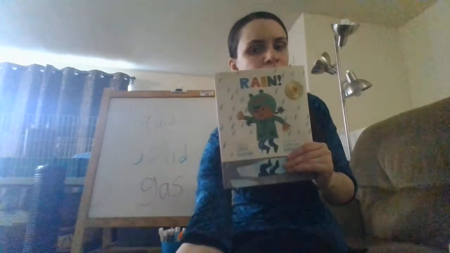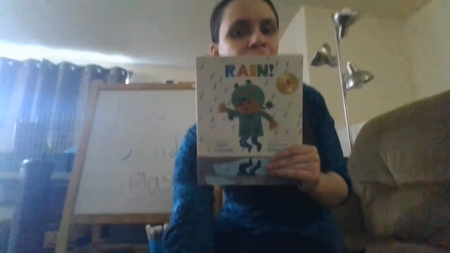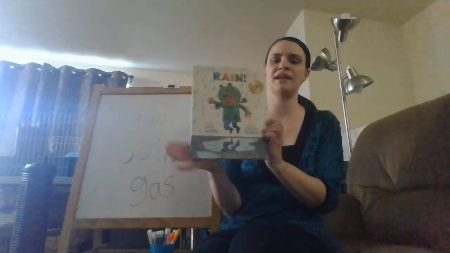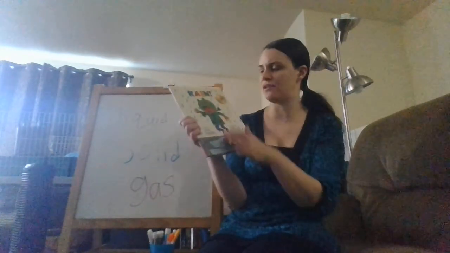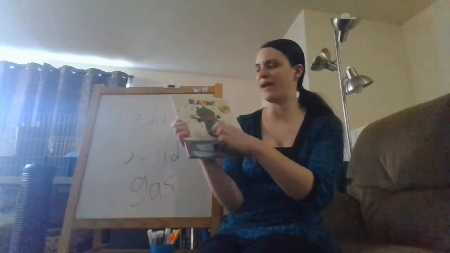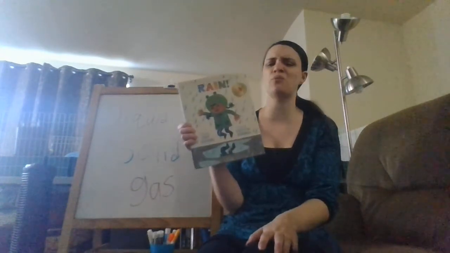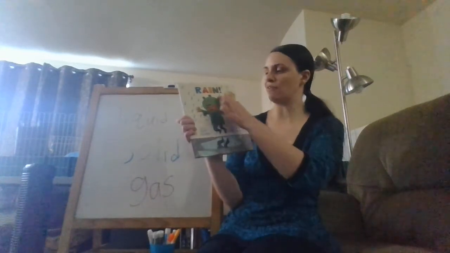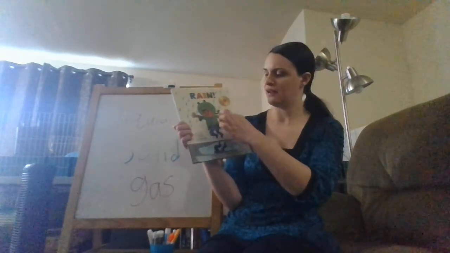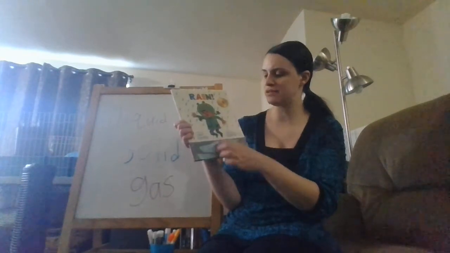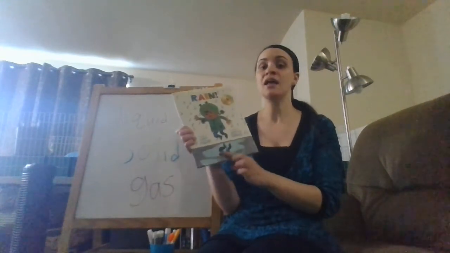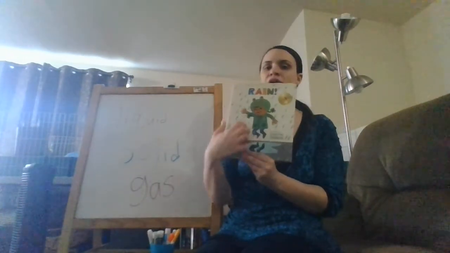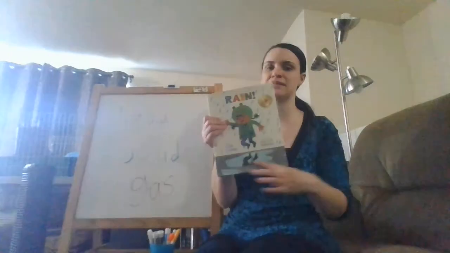I'm going to bring it a little closer. I'm not quite sure whether to bring it closer or farther, but I want to make sure you guys can see. So this book is called Rain. Now let's look at the cover here. Besides the raindrops falling, if we look at what the girl is wearing, we could tell what our weather is. So what is she wearing that tells us it's raining? Well, she's wearing a little froggy rain hat, a raincoat, and rain boots. And she's jumping in a puddle. Now our puddle happens to be liquid as well. Okay, as the water falls from the sky, it's rain, and it makes liquid puddles.